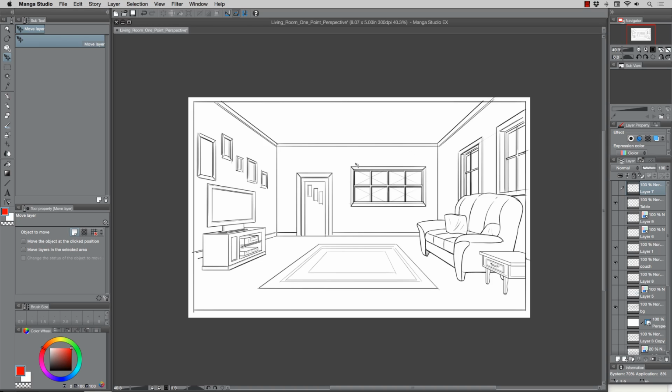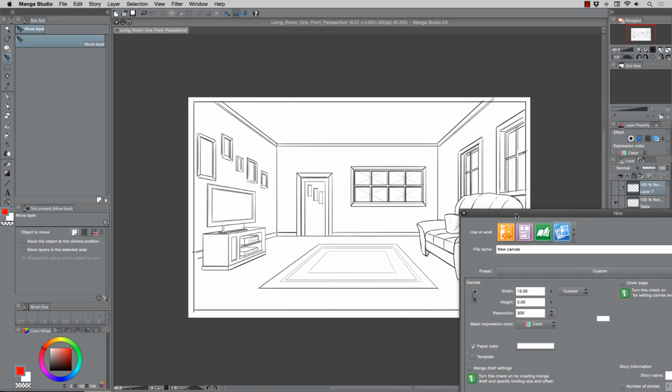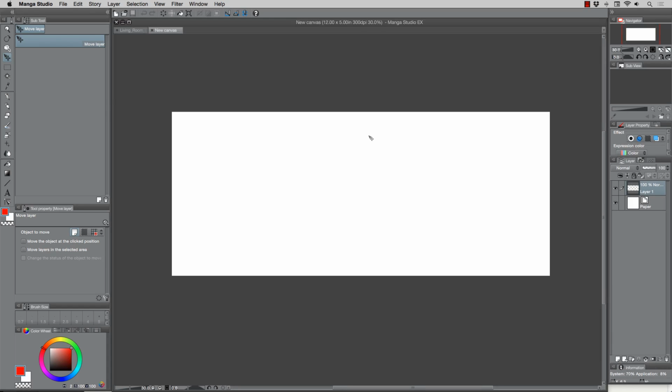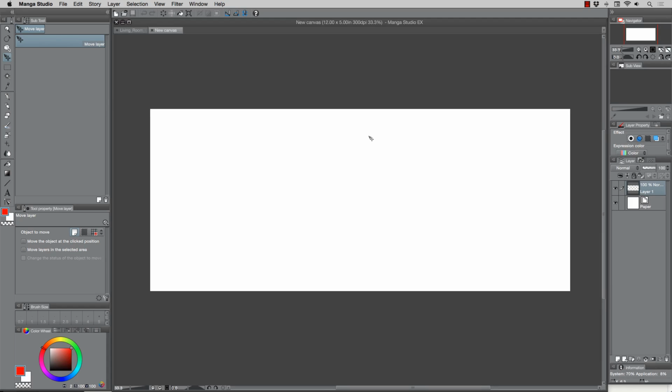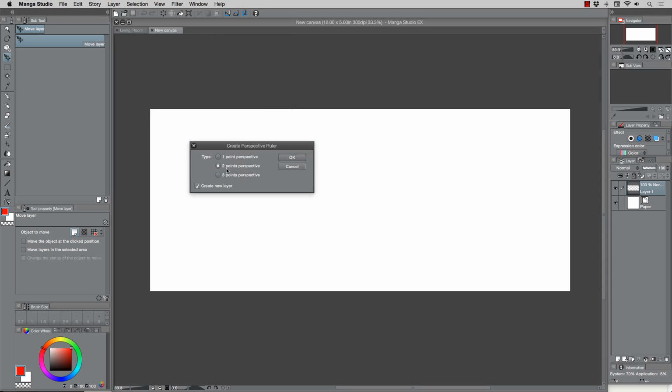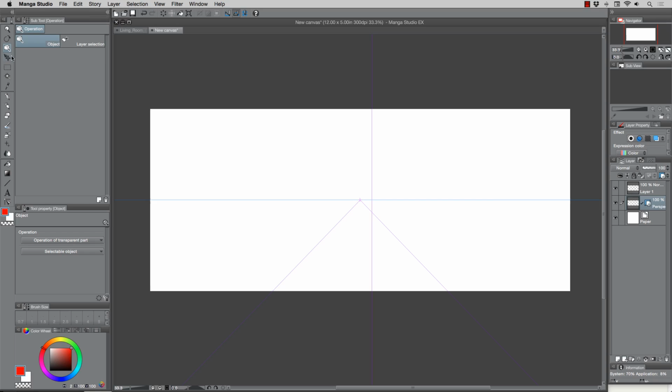So first, in this video, we're going to go over some of the basic fundamental knowledge in one-point perspective, and then it'll help you understand what's going on in that scene there. So I'm going to start with something a little bit more horizon or landscape setting. And what I want to do is show you in Manga Studio, Clip Studio Paint here, how to add a ruler layer like this, set it to one-point perspective, hit OK, and then we're going to go ahead